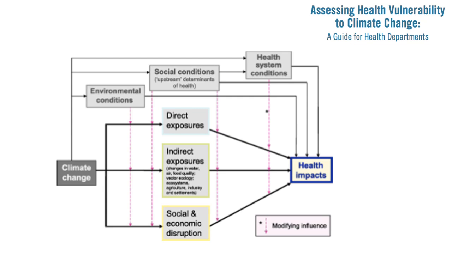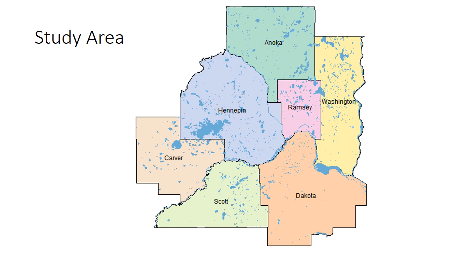Next, I want to use this image because it ties everything together nicely, showing that exposures, both direct and indirect, environmental conditions, social conditions, and health system conditions all contribute to the health of a population. So now, knowing this basic information of urban heat islands and their associated impacts on a variety of things, we